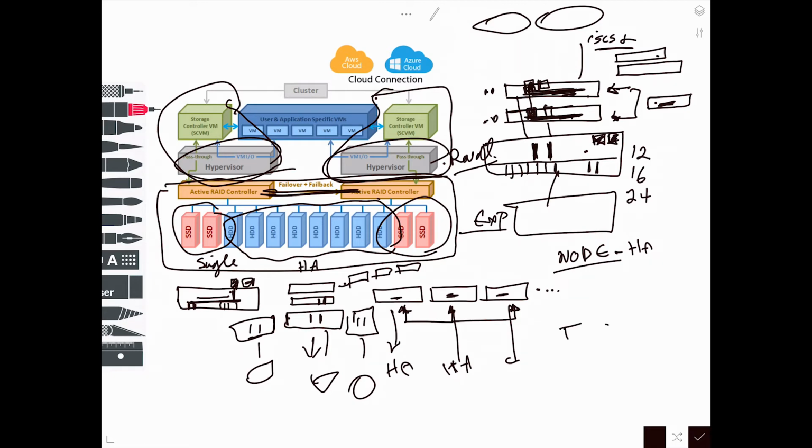One, you can use it as a cache, so it sits in front of your storage pool as a cache, or it can be a tier. The difference between cache and tier is that with cache, if it's sitting in front of a storage pool, everything going to this storage pool comes to this cache first before it goes out. And if it's available, meaning it's been used recently, then it's always in the cache when you do the read. So this speeds up your